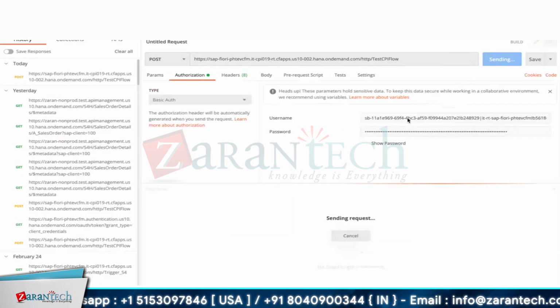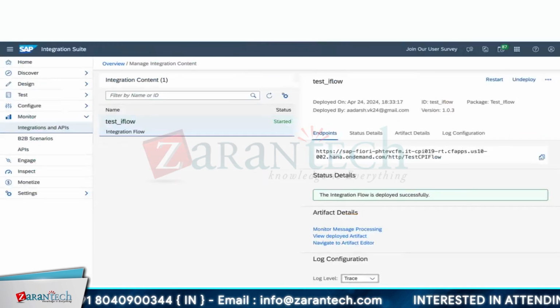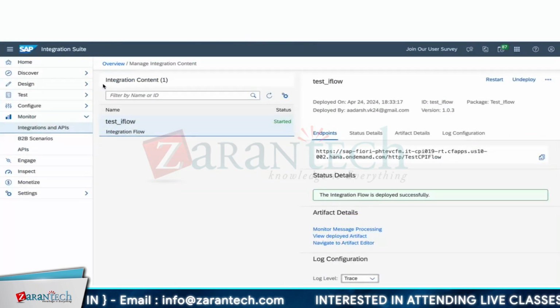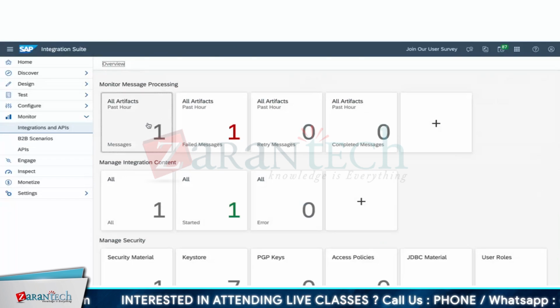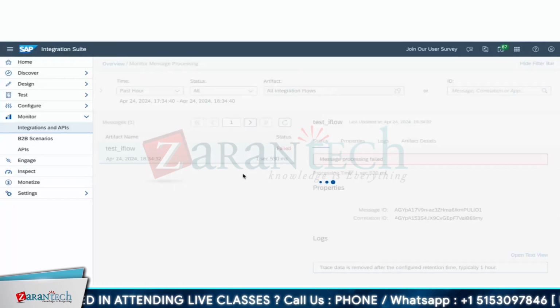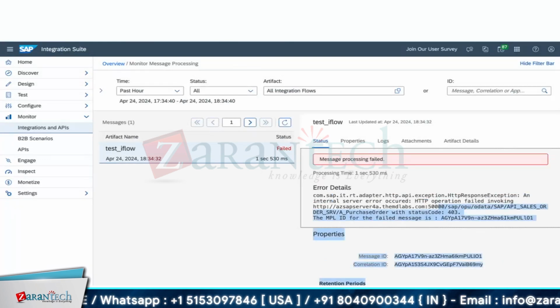Now clicking on this request, let's see how this request is coming in the monitoring. Go to overview, click here, you should be able to see the request. It's telling 403 forbidden. Okay, let's see what the error is.